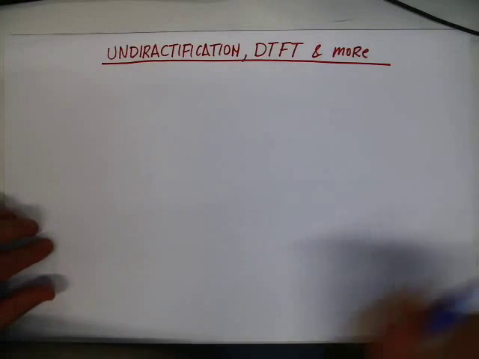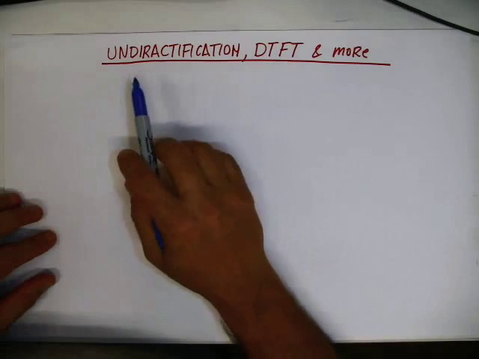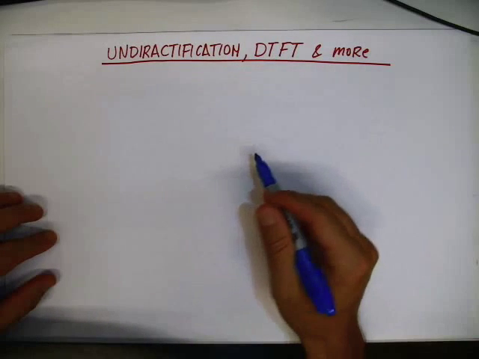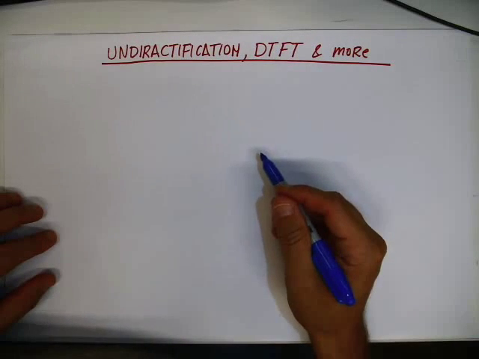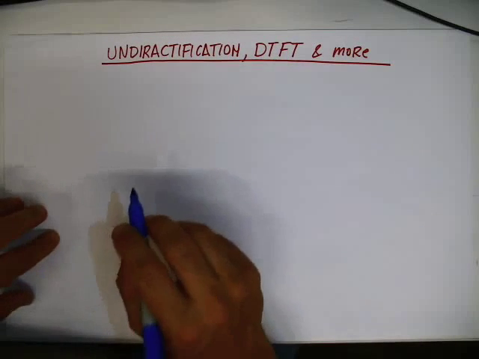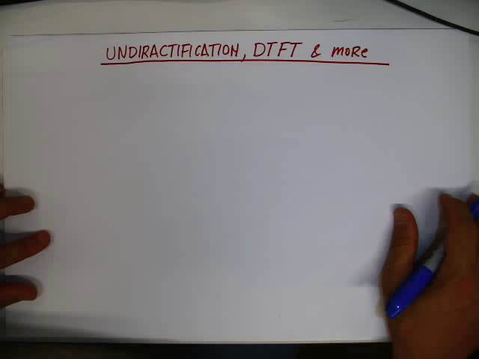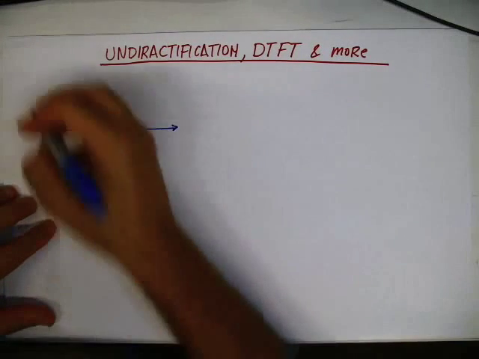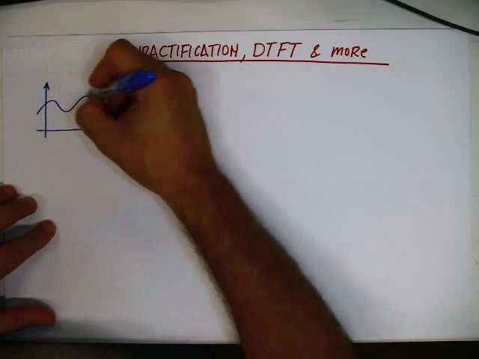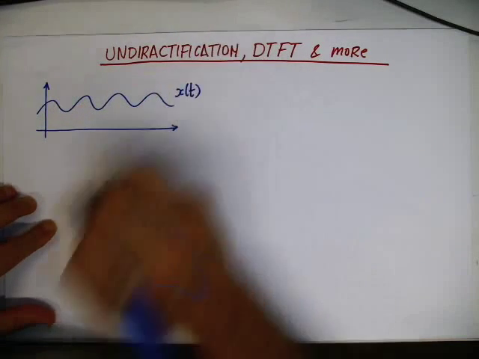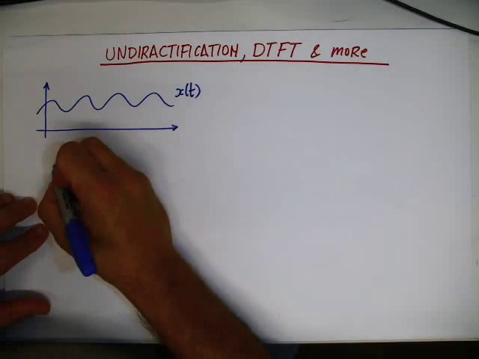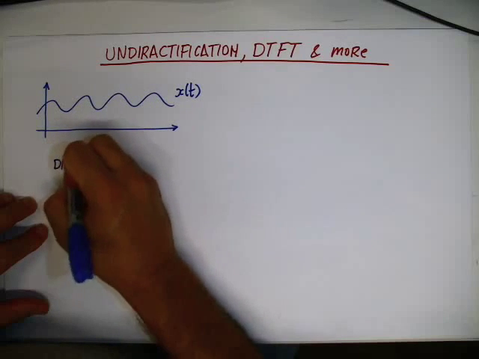Okay, today we're gonna discuss undoing the discretization of a continuous signal and introduce the discrete-time Fourier transform and other properties. In the previous lectures on sampling and the Shannon theorem, we have seen that given a continuous signal x of t, we can consider the discretized signal